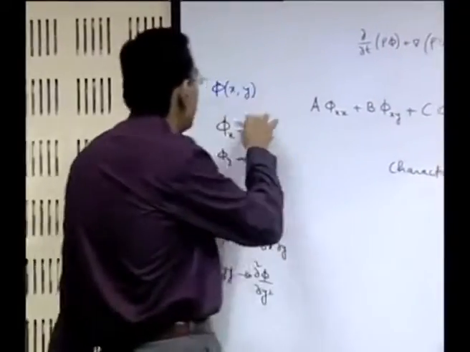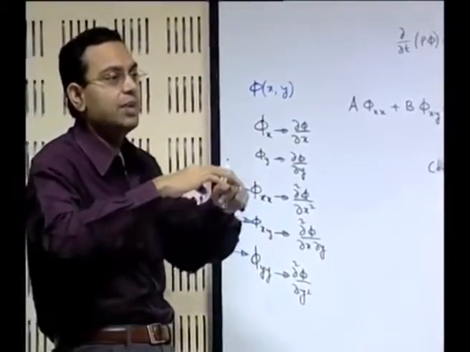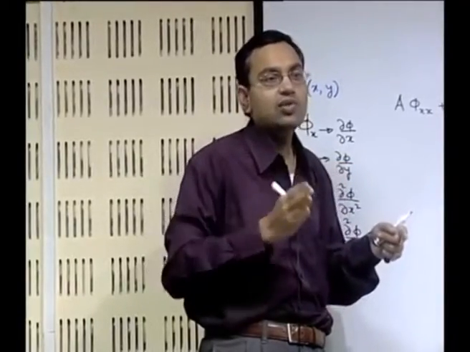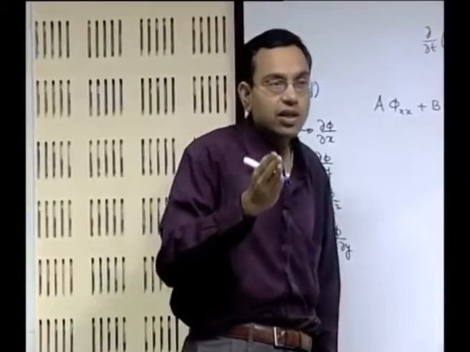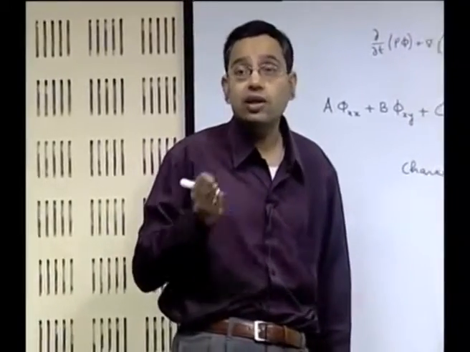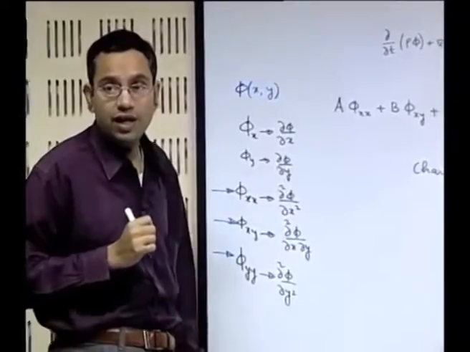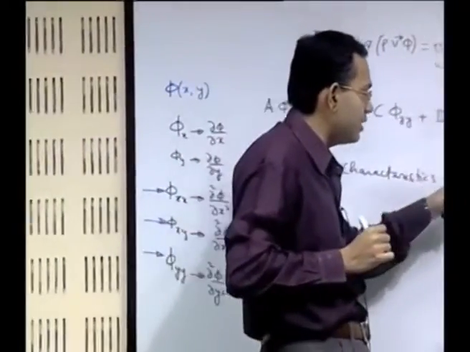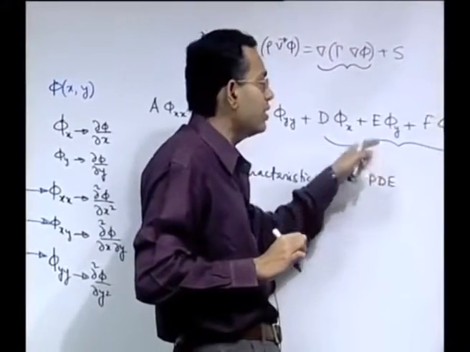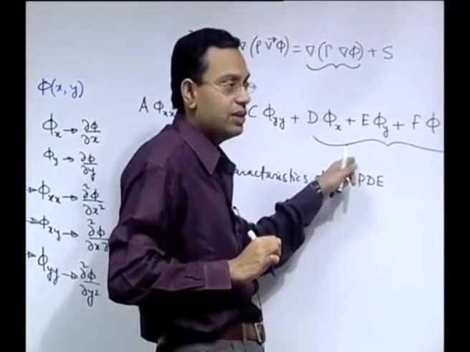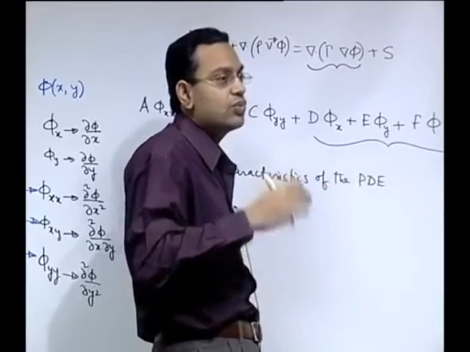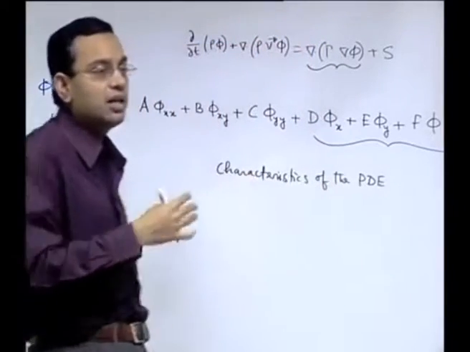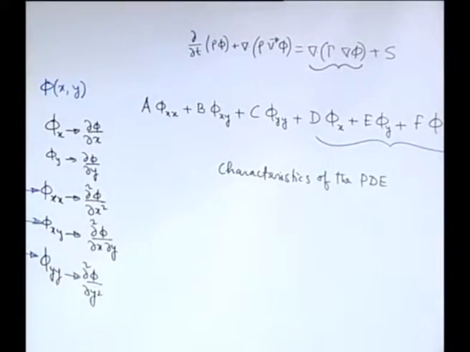Because you have the domain xy as maybe a plane. So on that domain you could have certain lines across which you could have discontinuities in the derivatives, in the highest order derivatives of the variable phi, and those are called as characteristic lines. So, characteristics of the partial differential equation with reference to the second order partial differential equations are lines across which you could have discontinuities in the highest order derivatives, here second order derivatives.